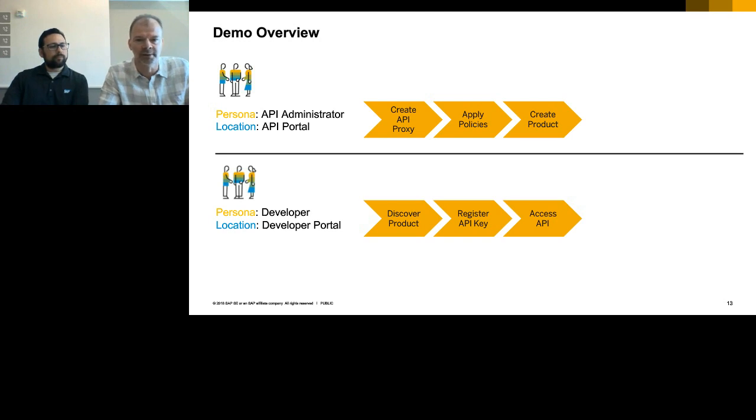So we're going to run through that, and then we'll switch hats, and we'll clearly delineate the switch to be the developer, i.e. a developer, internal and or external, that would then go through the steps of subscribing to that API. So you can see there's basically 3 steps in the API administrator piece. There's creating the API proxy, and then applying the policies, and then